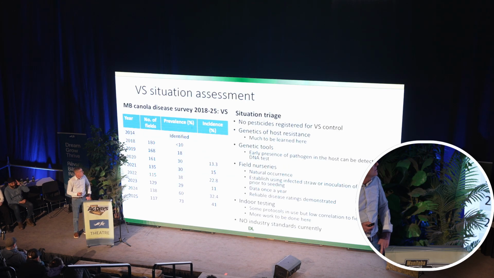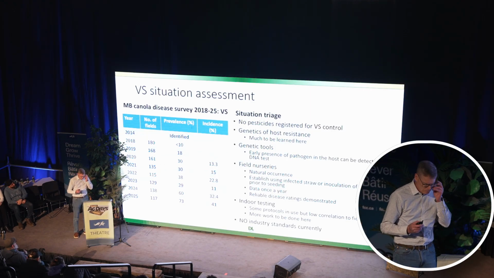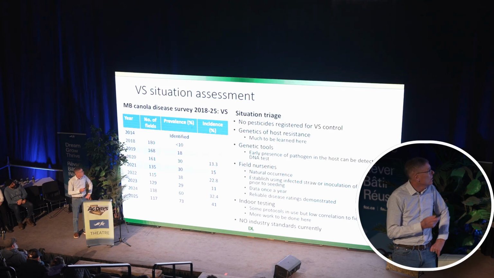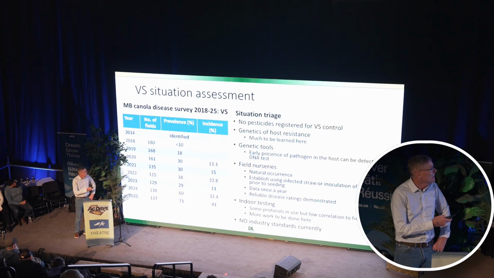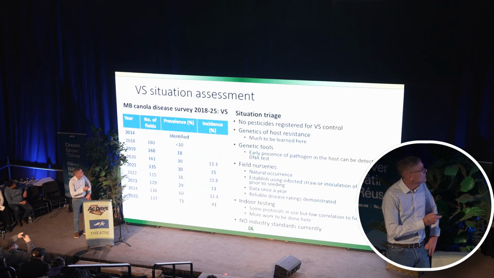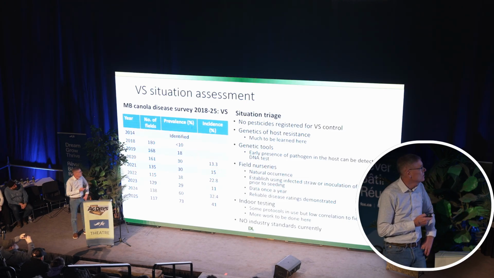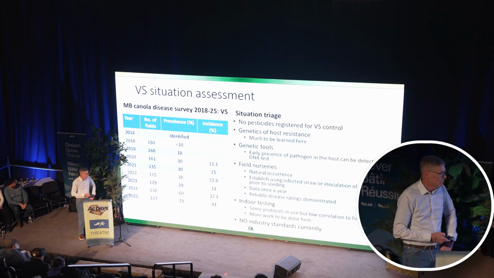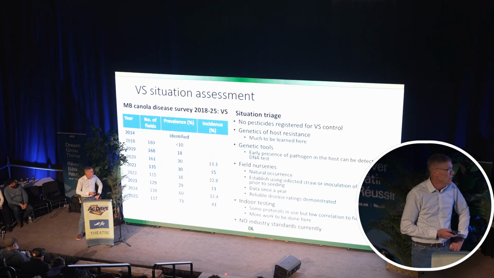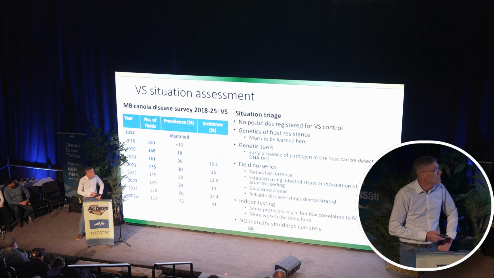So this is the disease survey. I've mentioned 2014 was when it was identified, and you can see that these numbers here have been climbing since they started taking disease survey information in 2018. So now about 3/4 of canola acres has got some verticillium in it. And then the average of that incidence has climbed now to 41.